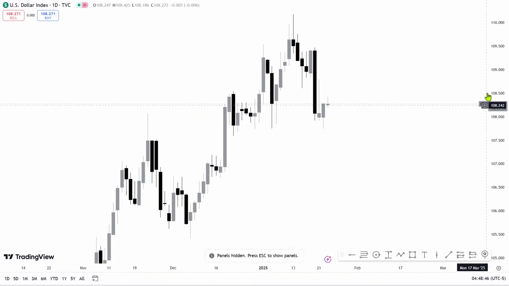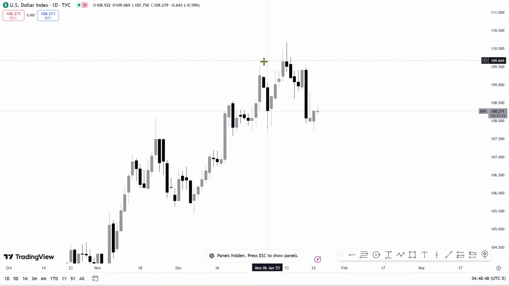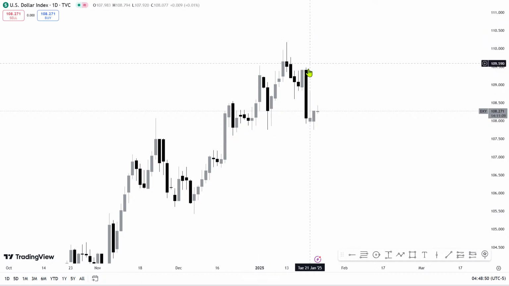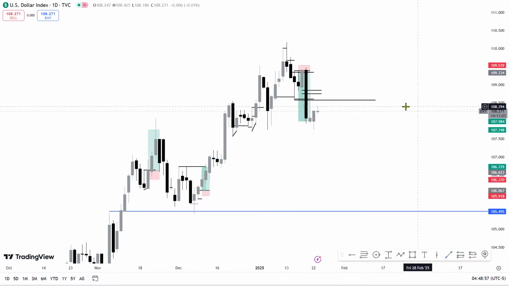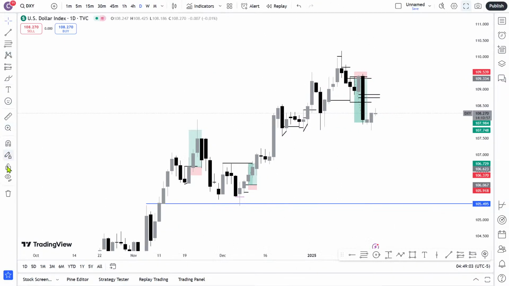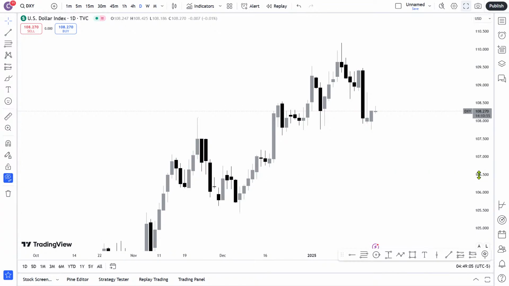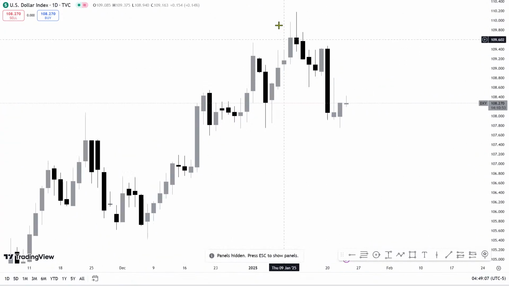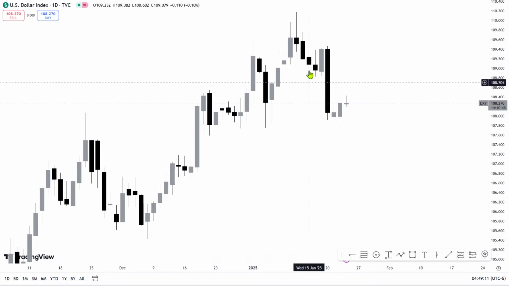We see the dollar took out liquidity above that high and has just created a shift of market structure bearish. Remember, on the daily time frame, we are focusing on market structure. So on the daily time frame, price created that shift of structure bearish here,